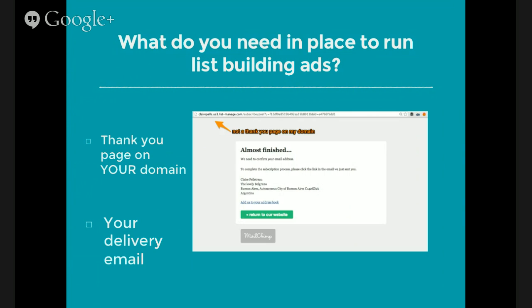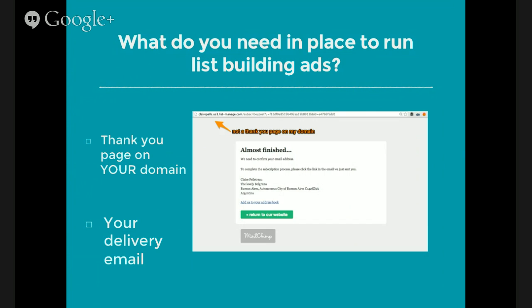In order to do that, you need to put a really easy snippet of code on the back end of your thank you page, which you can't do if it's not on your domain. There's a really simple WordPress plugin for doing that. It's very easy, but again, it's got to be a page on your domain. So once again, it doesn't have to be anything crazy. A page that says, great, you're almost there, head over to your inbox to confirm your subscription. Really clear call to action.